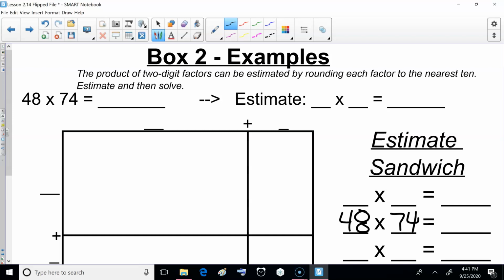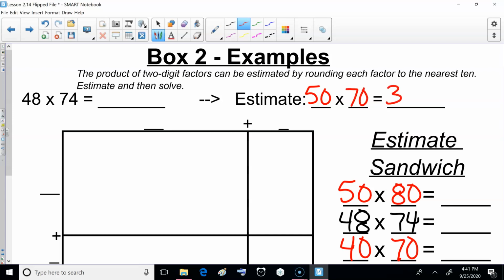So we're going to take 48 and we're going to round up, and we're going to round down. So 48 gives me 50 would be high, and 40 would be on the lower side. With 74, 80 would be the high, and 70 would be the low. So we're looking for our perfect estimate. I see 48 is closer to 50, so I'm going to use the number 50 right here. And 74 is closer to 70 than 80, so I'm going to use 70. And so our answer should be even closer to